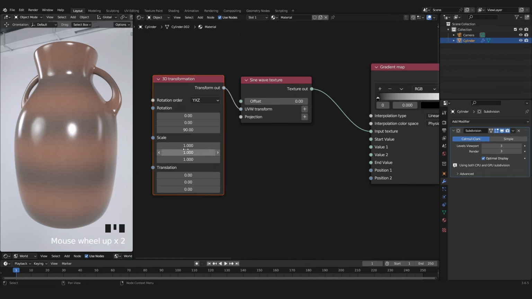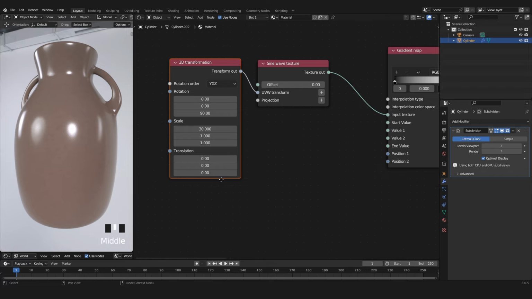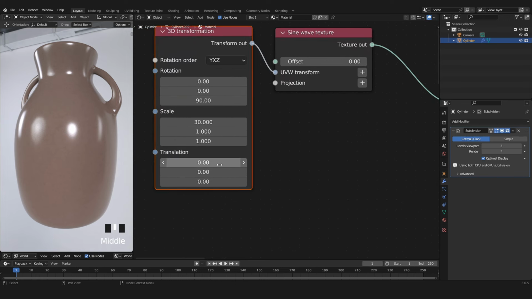So I go into the first value of the scale and I will put it to 30. And now we can see that there is only one transition. It's not that visible, but we will see it later. And we can also change a few values down here. In my case, I think they don't have such a big effect, but I will put the transformation, the first